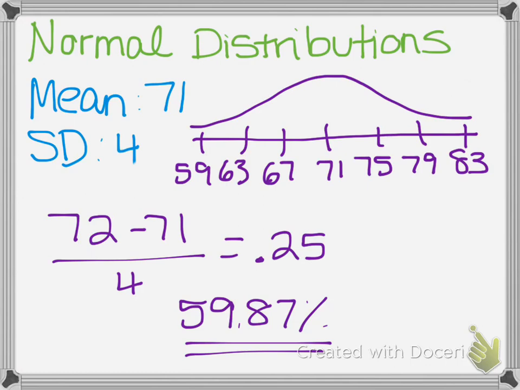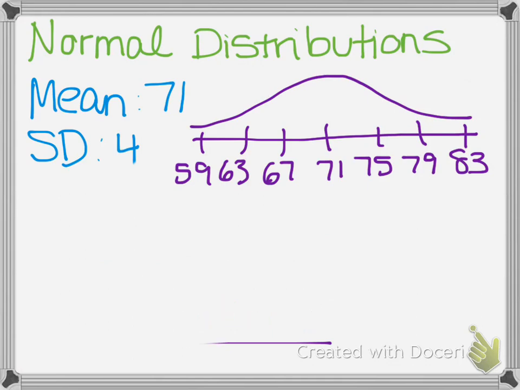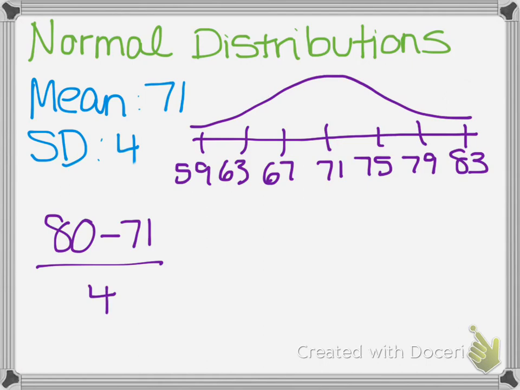Okay, so then if I asked you, what if I want the percent that is greater than a score of 80? So similar to what we did before, but since 80 is not a whole number standard deviation away from the mean, we have to use the z-score table. So 80 minus 71 divided by 4, and we get 2.25. So I look in my z-score table, 2.2, and then I go over to 0.05, and I get